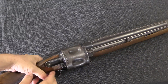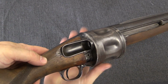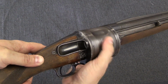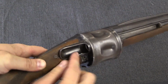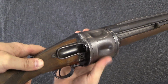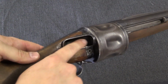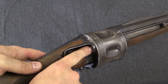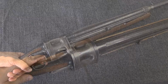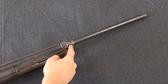So once I've got the barrel forward, I can then load a cartridge through this loading port and then index the cylinder, load number 2, index it, load number 3, number 4, number 5, and then, having loaded number 5, we roll it to the 6th position where it is solid and plugged, and that means that chamber number 5 is in line with the barrel. So the first thing that's going to happen when you fire is that the barrel is going to snap